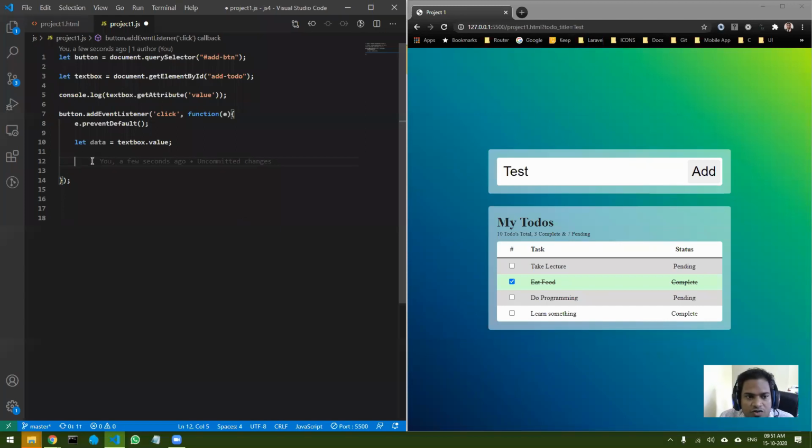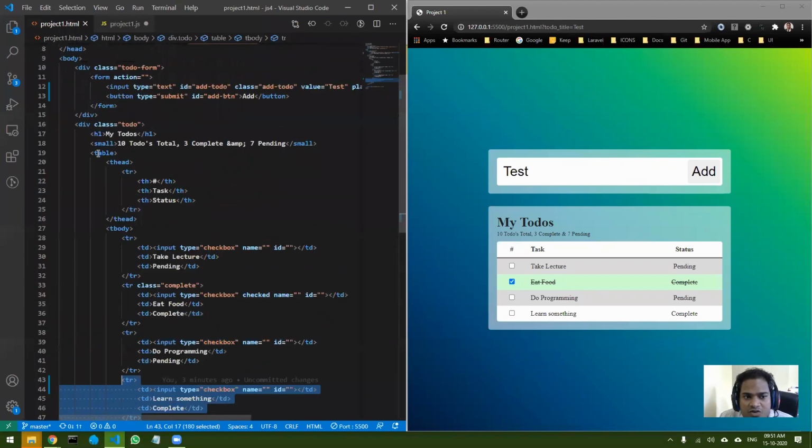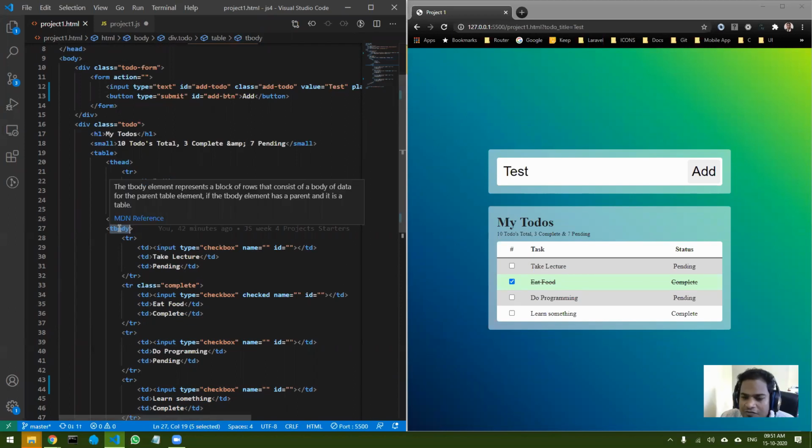That is very simple. First of all, I want to select the table. There is only one table that I have, and inside that table there are two sections, that is T head and T body. T head is the top row, the heading of the table, and T body is all the rows that you see below that. I want to add to the end of T body, so let's first select that.